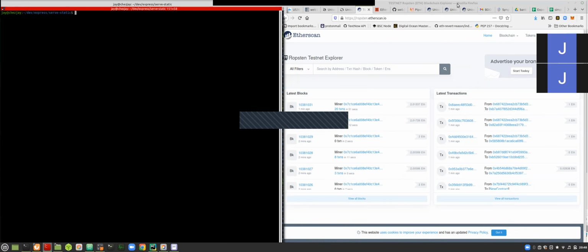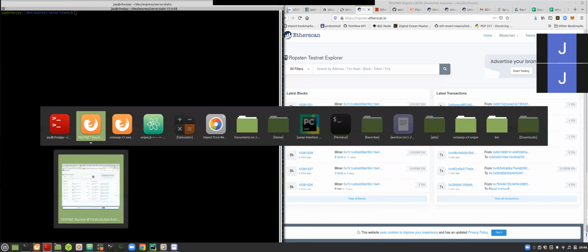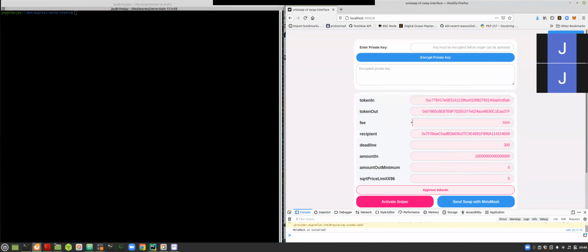Okay, so let's go move this. All right, so now I have a NodeJS app running that, for one, will serve the UI as a page like the one that we already have here that you can connect to. You can connect and you can send swap transactions through MetaMask, just like it could do before, using the send swap with MetaMask button. But also,